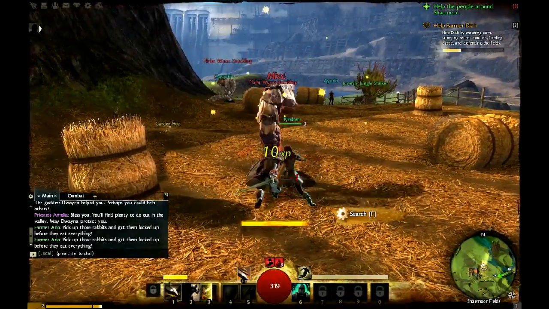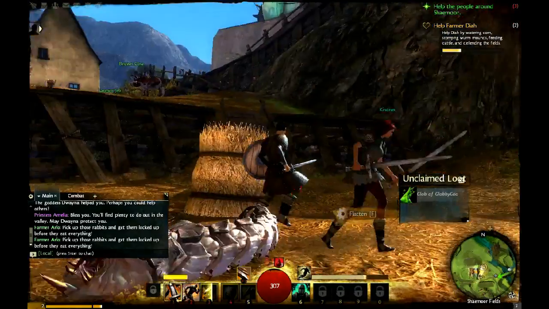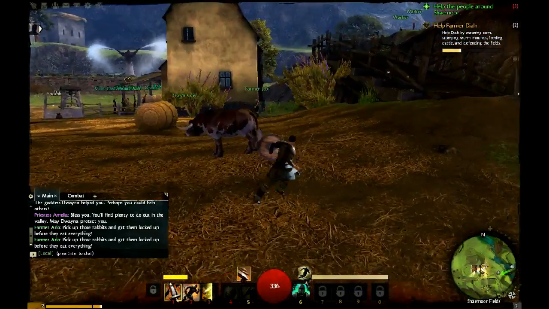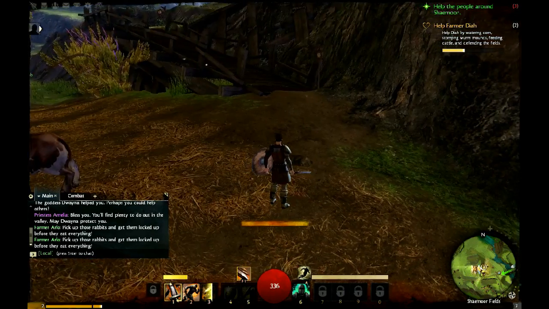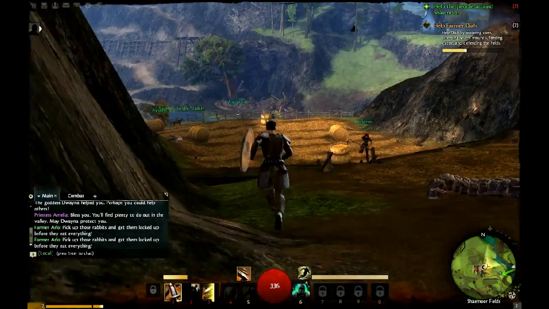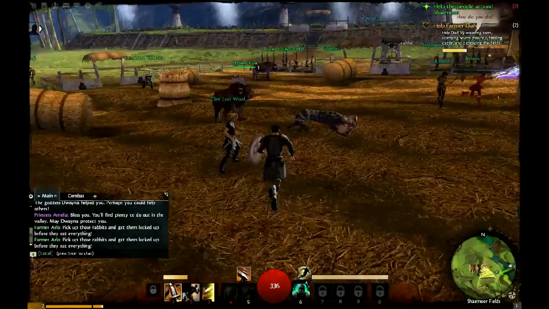Anyway, this is just the first time I was here, we actually had a dynamic event happen where some centaurs attacked the fields, and in my experience, most of these dynamic events do actually repeat. So I'm actually hoping that it happens again, just so I can show you guys a dynamic event that's actually somewhat exciting and somewhat actually